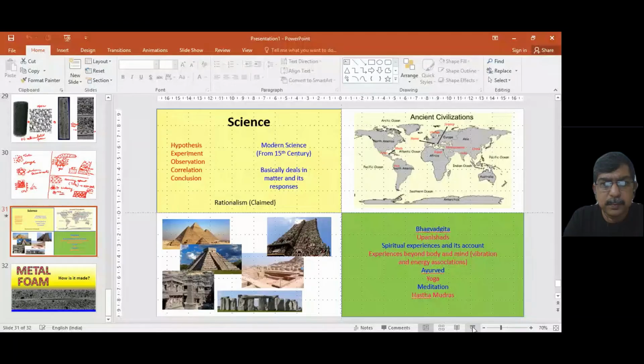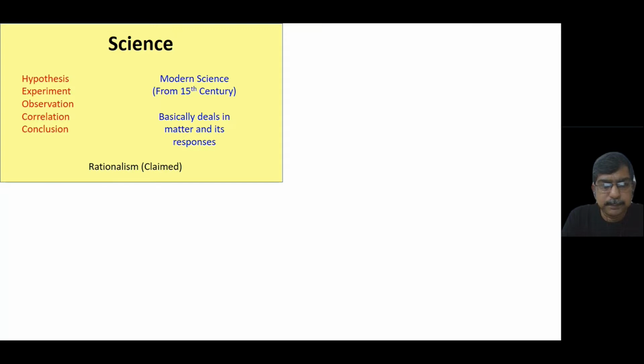So before going into detail, I would like to share a slide which will give you very basic information on what science is and how it is defined and why we are not able to ascribe to that. So science is basically defined as a process to look at certain phenomena in view of what could be the reason for that phenomenon happening around us in terms of the material objects, or even non-material objects also. So the basic way of doing science is when we see certain phenomena happening around us,